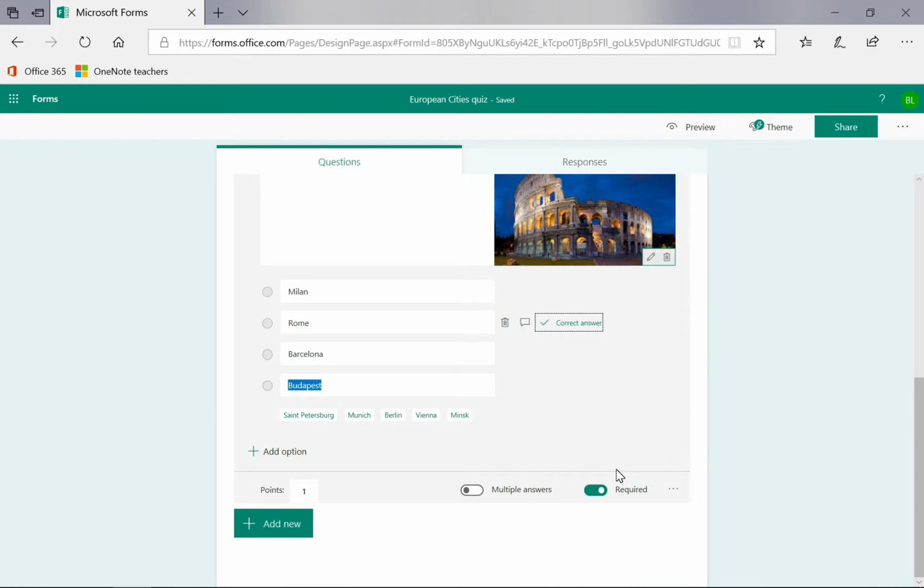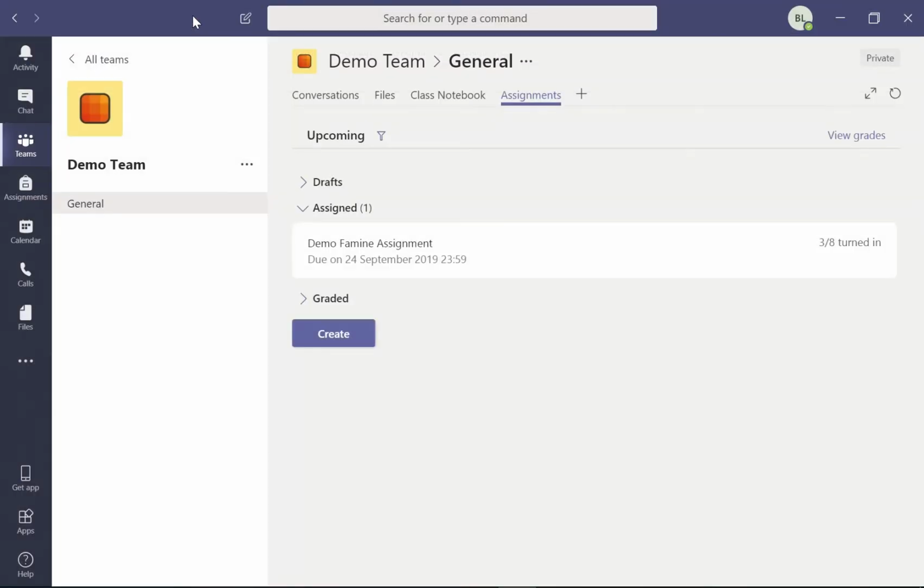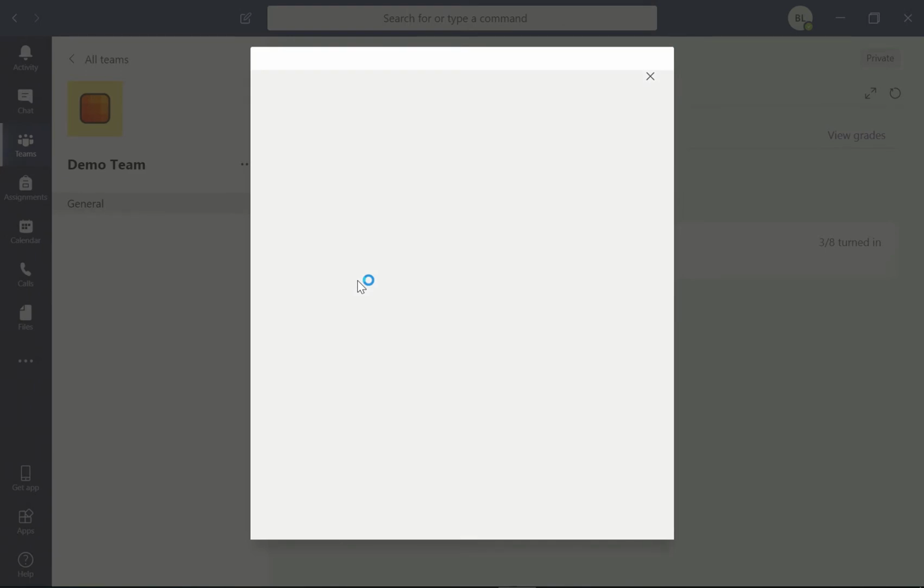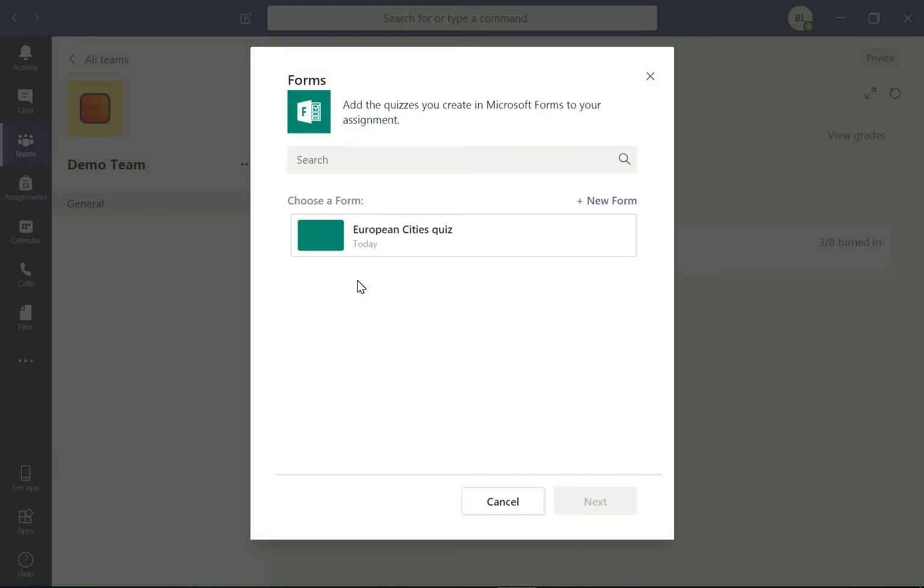And when you are finished, you can just hit X, because if you'll notice, it's already saved for us up here. So it's kind of like Word Online or PowerPoint Online. It's always saving as we work. So I'm going to hit X, and then it'll bring me back to my Assignments tab. I can say Create, a quiz, and this time it should show the form that we've just created. So European Cities Quiz, hit Next,